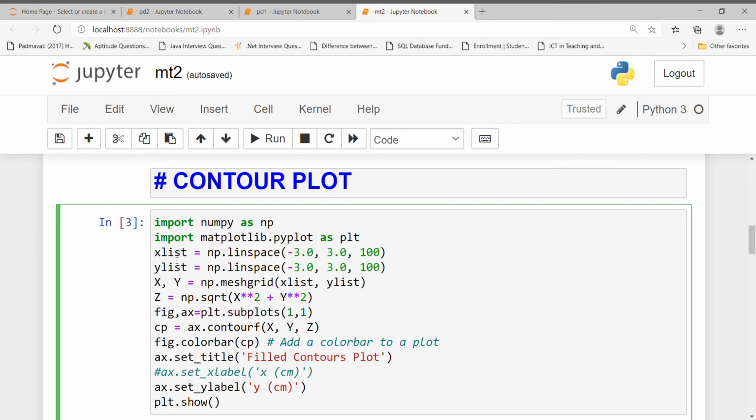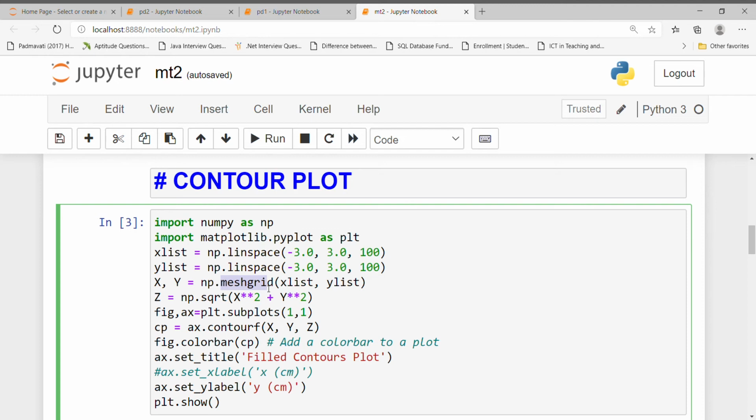In xlist, we use linspace minus 3.0, 3.0 and 100. In ylist, we are using linspace minus 3.0 and 3.0. Linspace is nothing but the range to display the values. For the x and y variables, we are going to store np.meshgrid of xlist comma ylist.